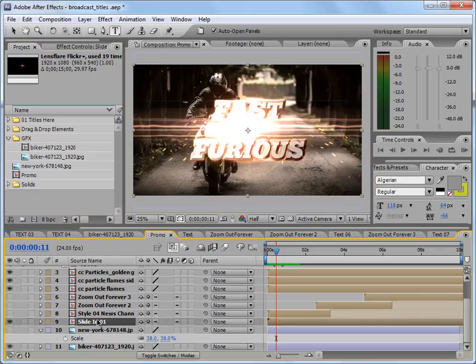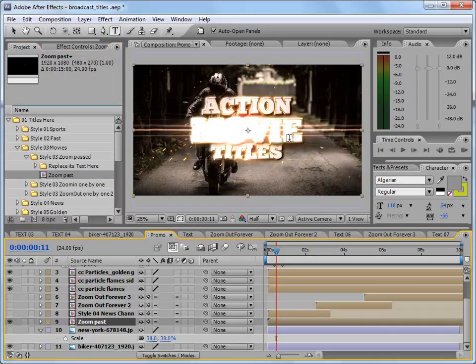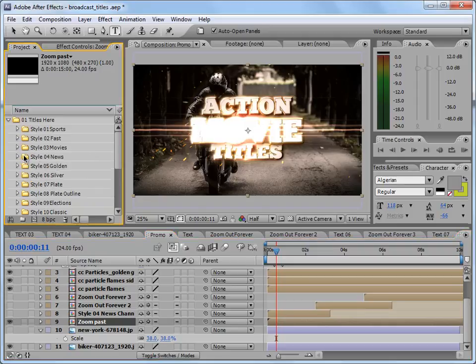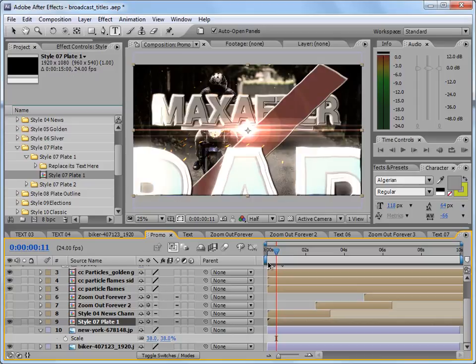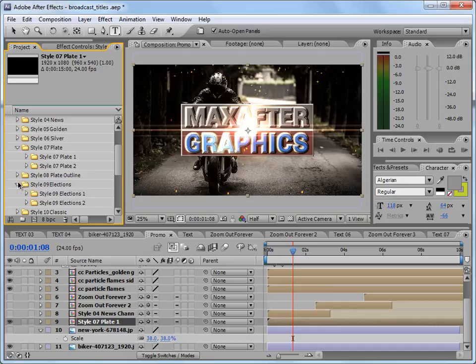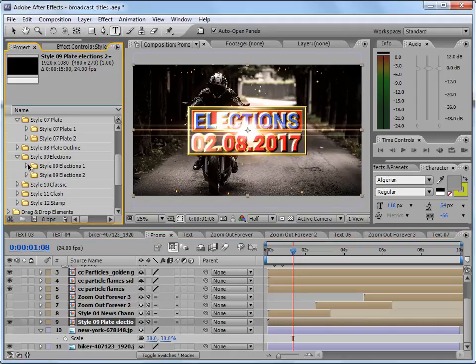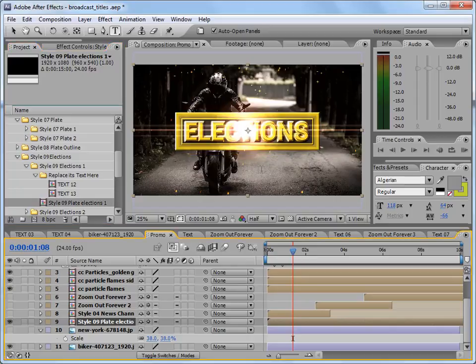And then of course, you can just select your slide in text and then you just drag in something else. For example, movies. You just go and overwrite it, so it becomes action movie. And if you don't like it, then you can just go here and select this one, right? And then you've got elections. If you feel like attending the elections, then you can just drag and drop this one, right? Two styles here for elections,